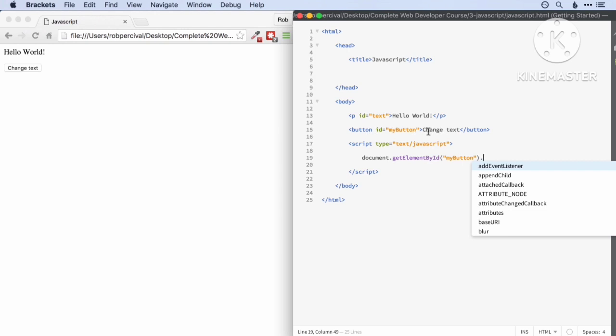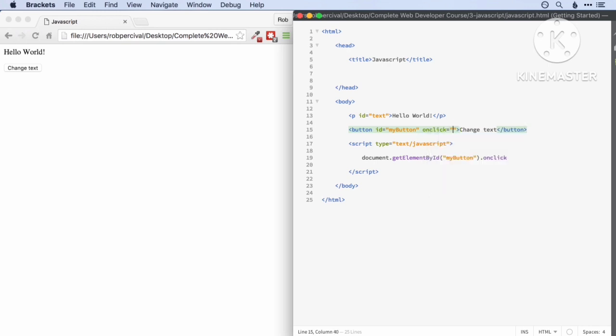Well, we don't want to change the inner HTML of the button, but what we do want to do is add an onclick. So we do that using .onclick. And this is effectively the same as writing an onclick instruction right there as we did a couple of videos ago. But it's much cleaner because we're using internal JavaScript rather than inline. So what we're doing here now is we're setting a function that we want to happen when the button is clicked. So to set that function, we use equals, and then